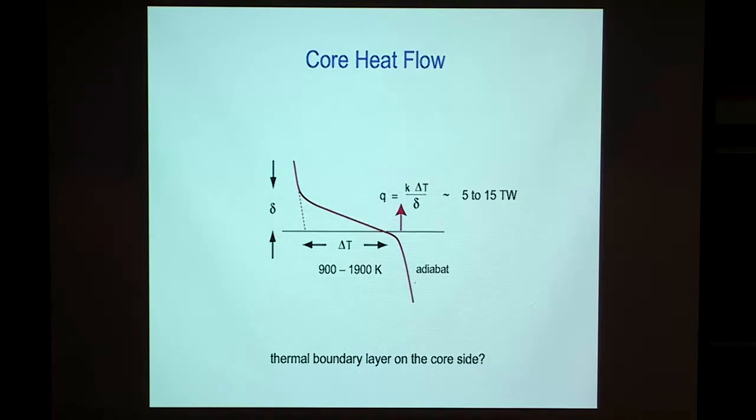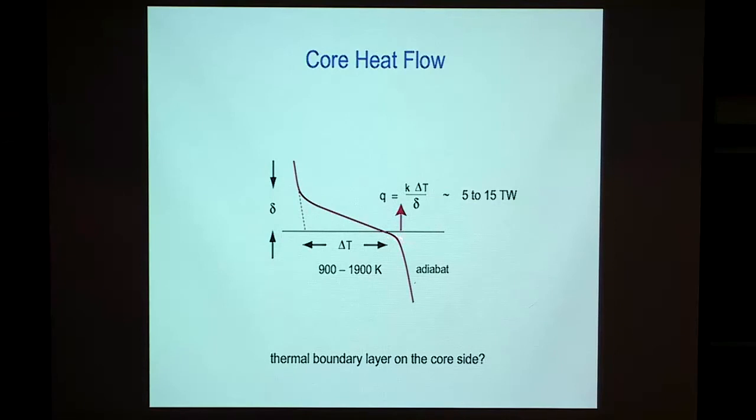I just wanted to clarify. The only difference between whether you're attributing it on the core side versus the mantle side is a different K, right? I mean, it's still the same delta T, wouldn't it be? Or I guess a different delta as well. What I'm saying to you is that it's possible to have a temperature anomaly,